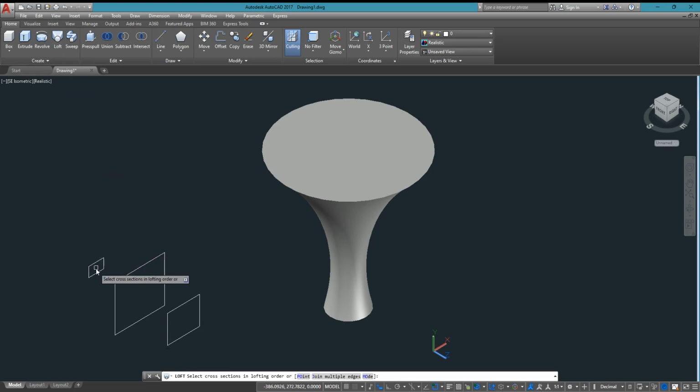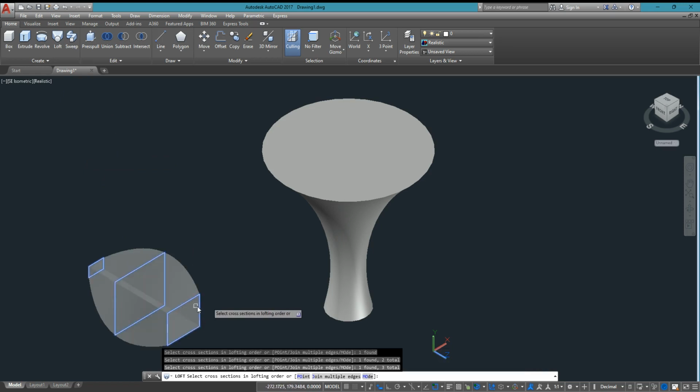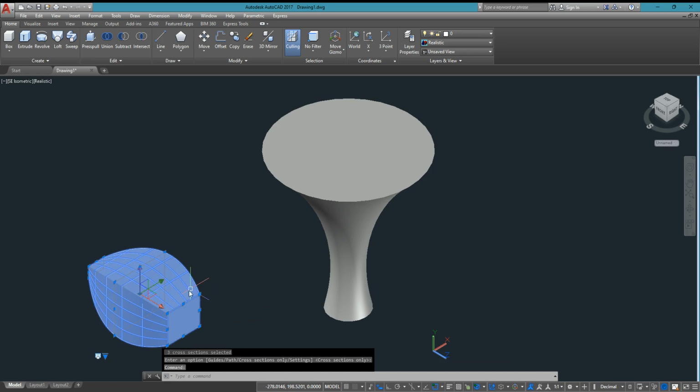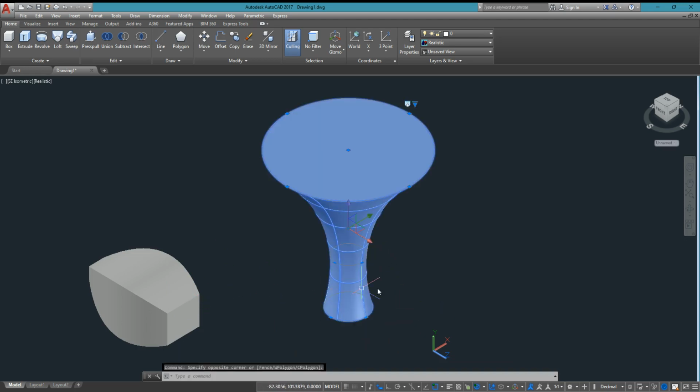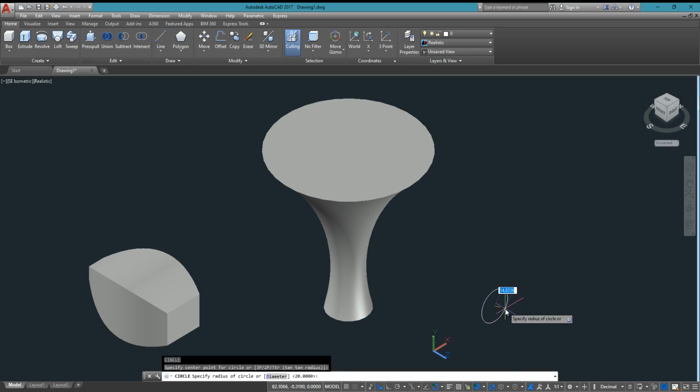Let's try loft now. First the rectangle, then the second, and then the third, and this will be now our loft drawing. We could see here that we have a different orientation of the drawing in our loft command, because whatever we do, we will follow the coordinate system, or the user coordinate system. So when we draw here, everything will follow the z coordinates.